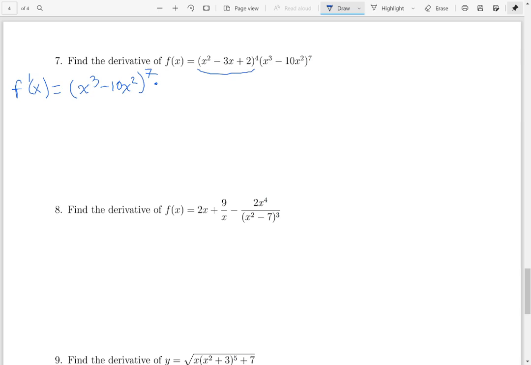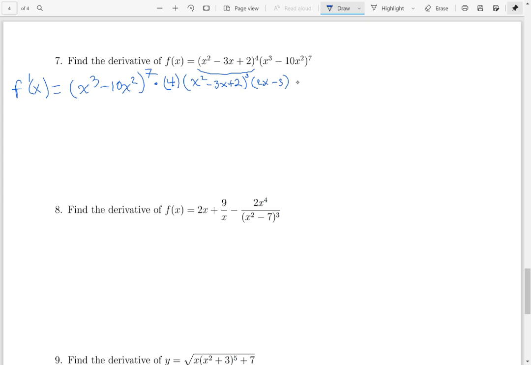Alright, so we got a chain rule going on. So that's then going to be 4 times inner function unchanged, x squared minus 3x plus 2, and then the rest of our derivative, 4 minus 1 is 3, so third power, times the derivative of the inner function, but the derivative of the inner function is going to be 2x minus 3, the derivative of 2 is of course 0,